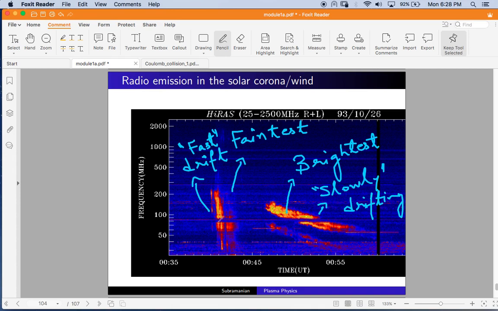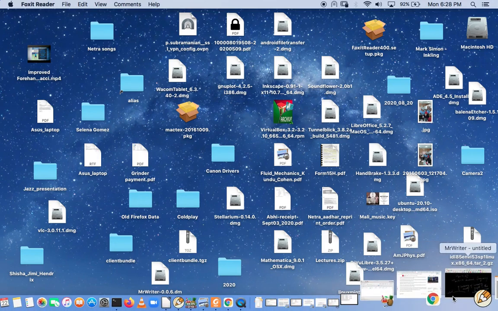So as time progresses, the plasma frequency is decreasing. In other words, whatever is exciting this emission is moving upwards through the atmosphere. Okay, so this is decreasing frequency, increasing height in the atmosphere